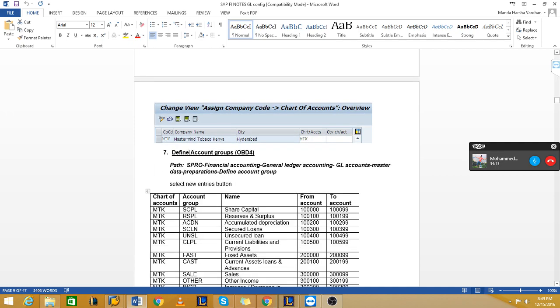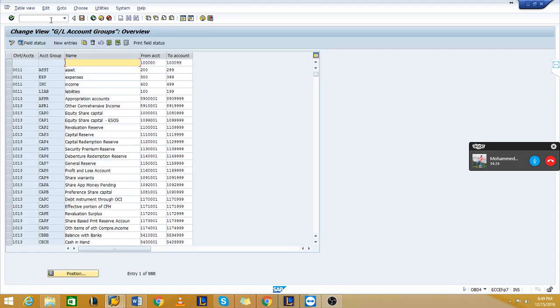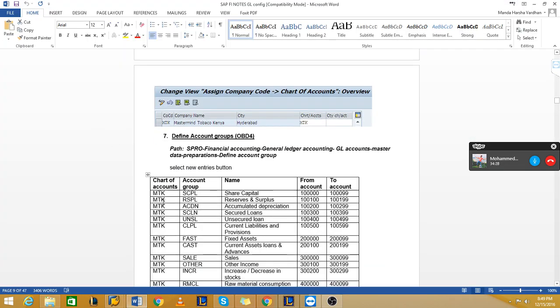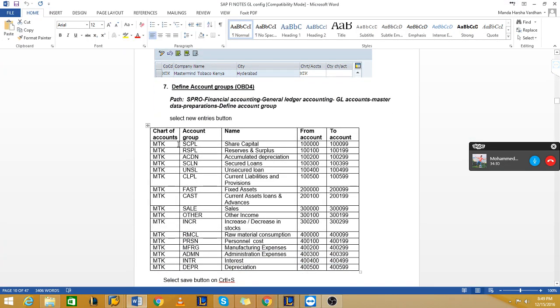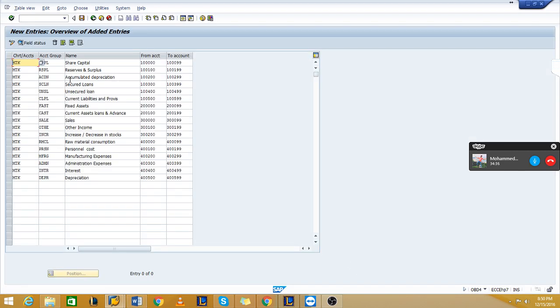Then we will go for defining the account group under T code OBD4. Again, new entry. What I'm doing is just copying this down.